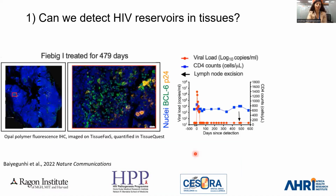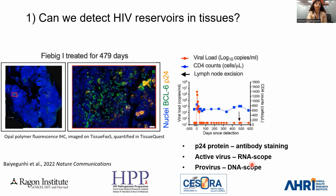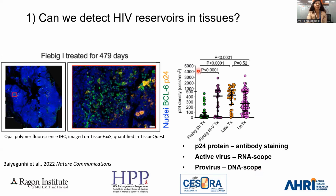So to study HIV reservoirs, we need to be able to detect the virus directly in tissues. So using high sensitivity imaging, the P24 gag protein can be detected in lymph nodes, even in individuals who start ART really early after infection and who go on to achieve full viral load suppression. We can detect active virus by imaging RNA using RNA-scope, and we can also measure proviral DNA using DNA-scope imaging. And when we quantify the HIV in these